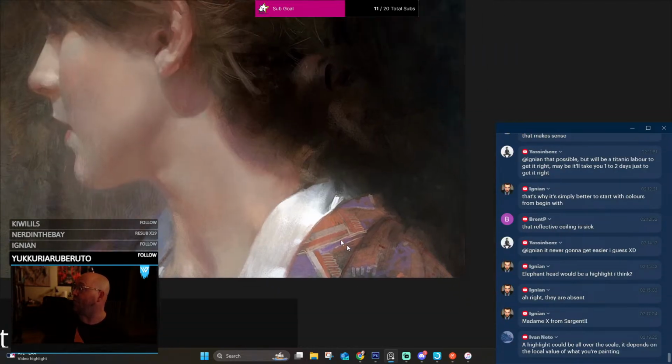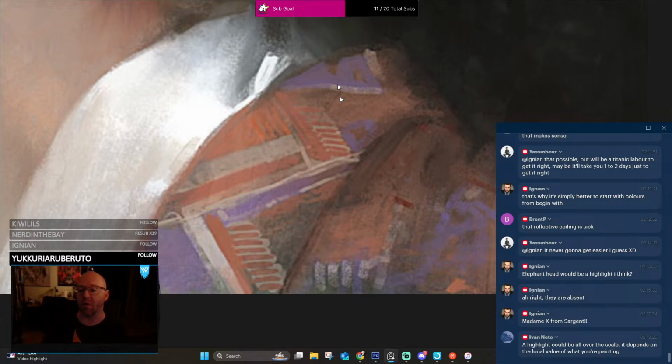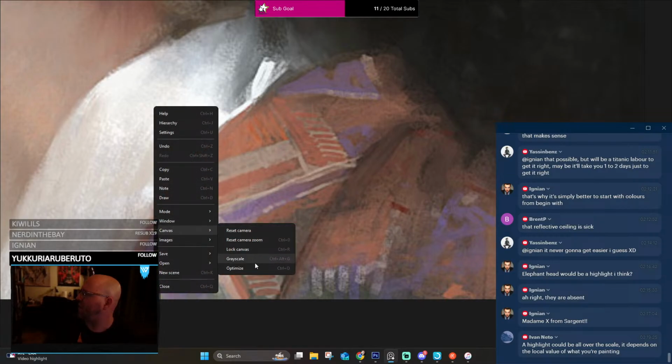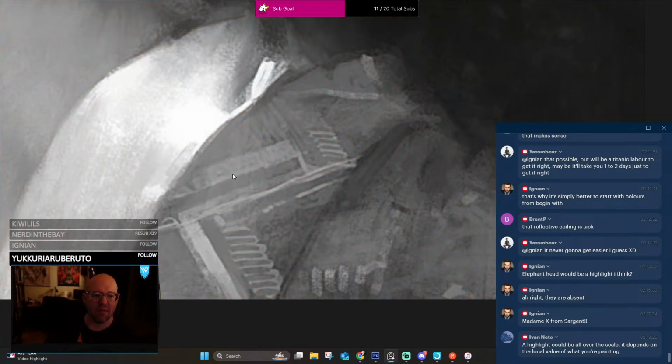Okay, and see right here, perfect example. You see these beautiful colors. God, Craig's a genius. So you see these, but then if we turn this back over, it's all kind of the same value, right? You can see the shapes, but like this and this are almost identical values, right? But then you come over here, and that's a beautiful, nice, warm, and then you have that cooler red right here. Depends on the local value of what you're painting. Exactly. And the intensity of the light source and the material it's made of.